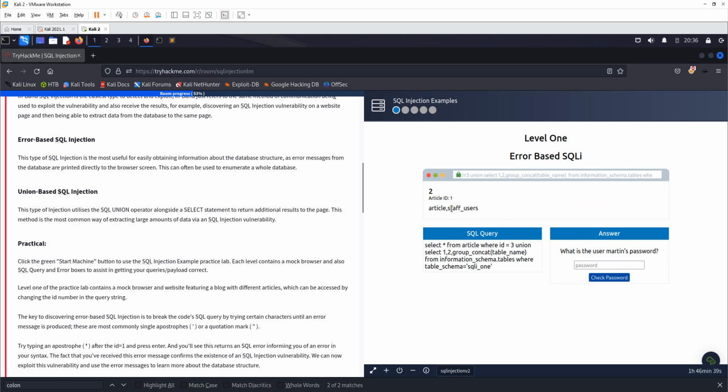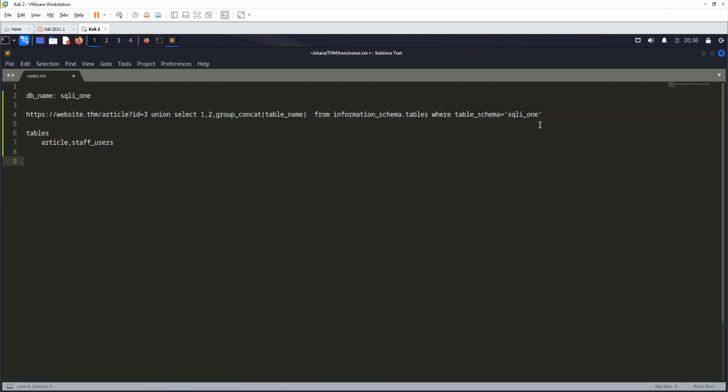So now we have a table and we have the database. Now we want to find the columns in this particular table. So let's modify our SQL query. Instead of table_name, now we want to find column_name from information_schema.columns. Here we are not talking about tables, we are looking for columns where table_name